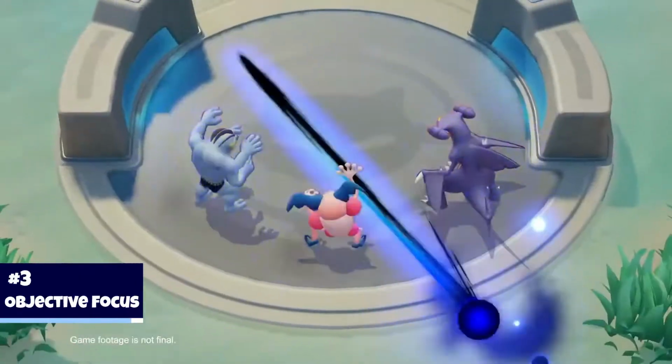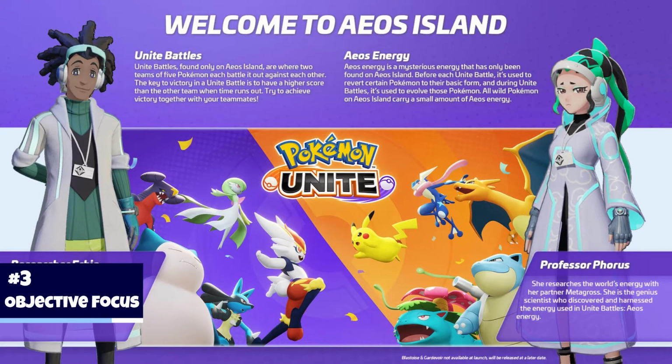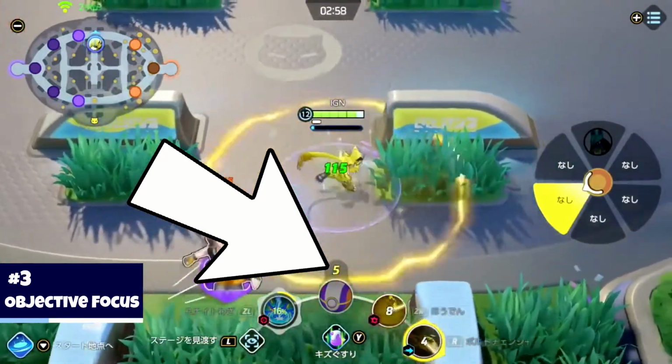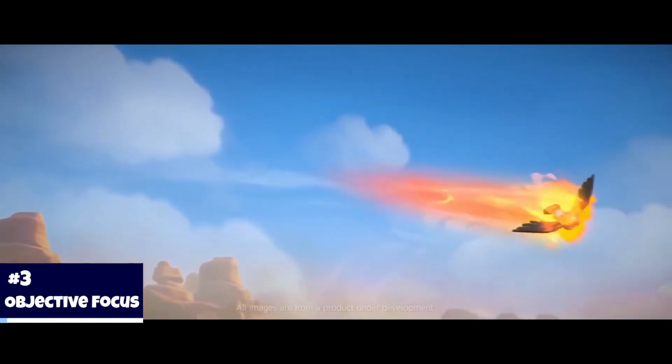When you're comfortable with your level, it's time to start thinking about Aeos Energy. Aeos Energy is the scoring system in Pokemon Unite, and it's that number near the middle bottom of your screen. You'll want to make sure you are gathering those points from Pokemon on the map, and more importantly, scoring them in enemy goals. If you hold on to too many, you're just going to be pointing a giant target on